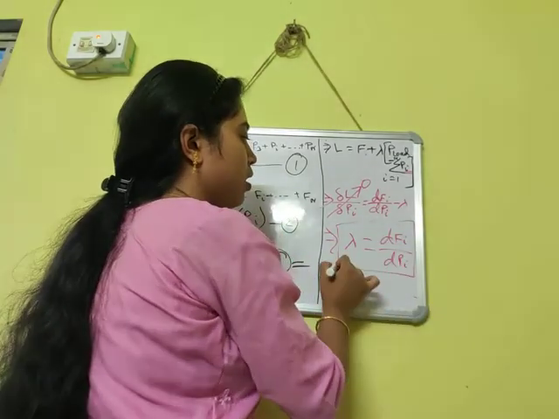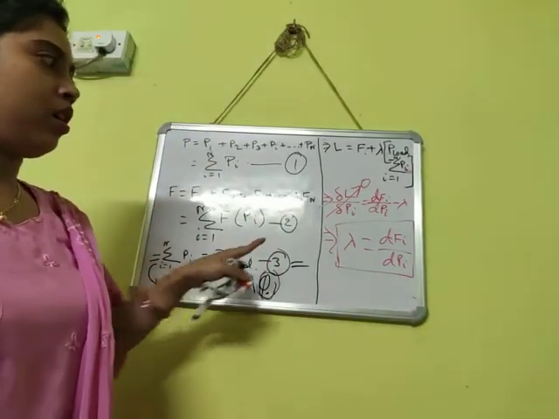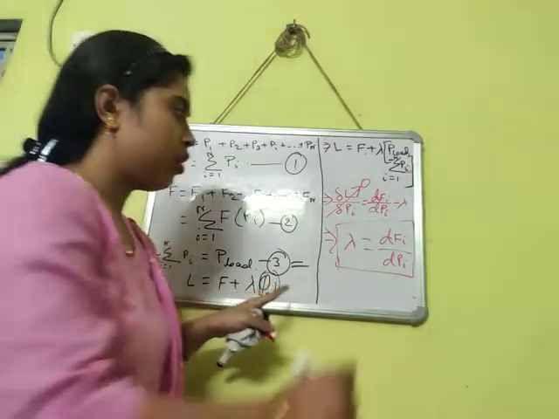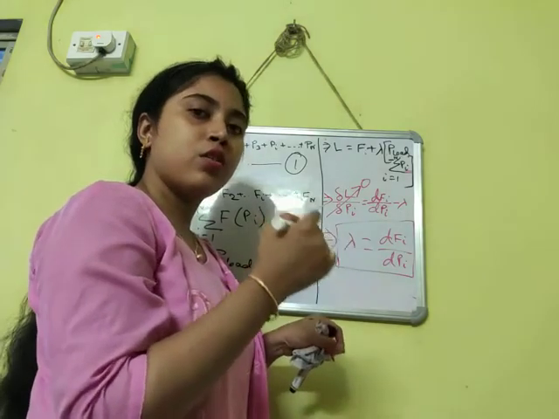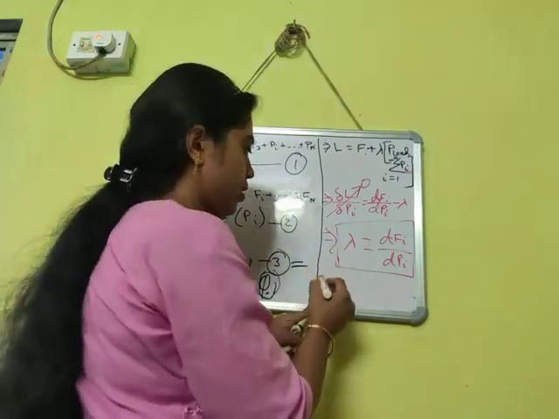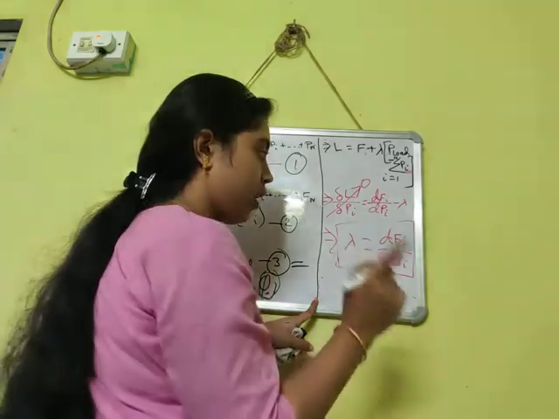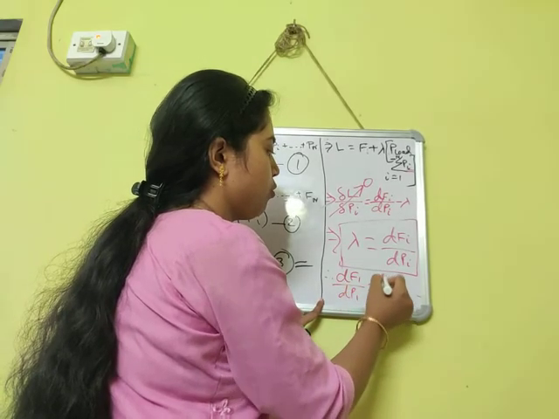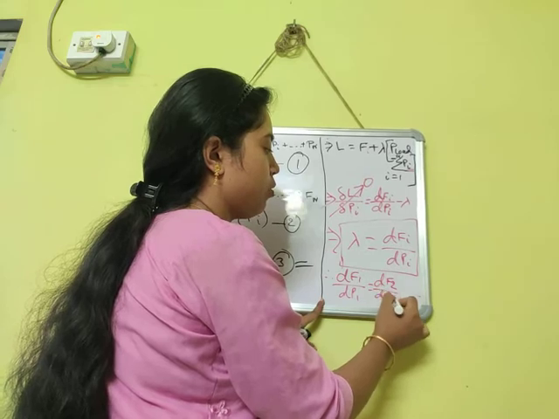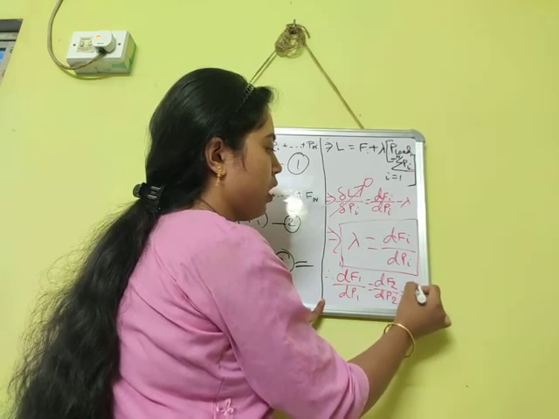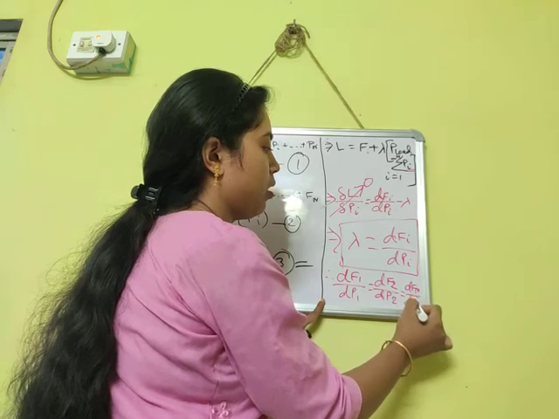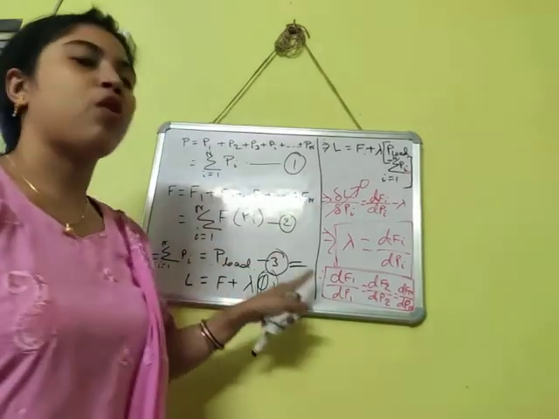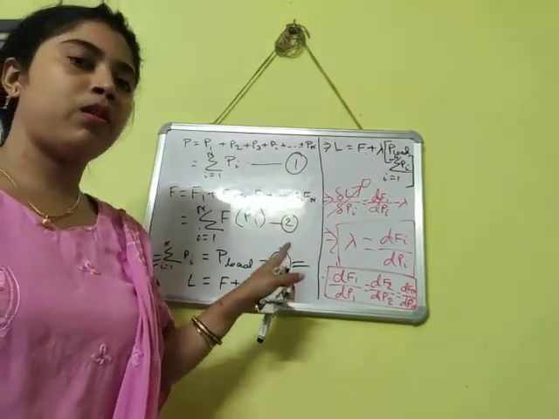That is the condition, or the analytical approach, when transmission losses are 0, no losses are present in the system. So we can write it for nth number of generating units: dF1 by dP1 equals dF2 by dP2 equals dFn by dPn, like that. This formula is very important to solve any kind of numerical problem.